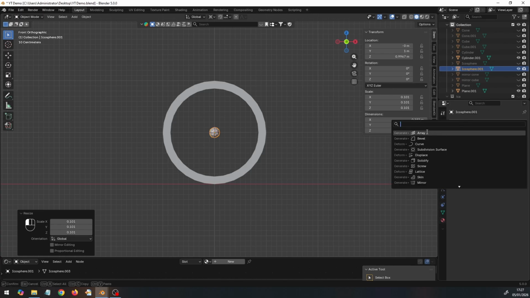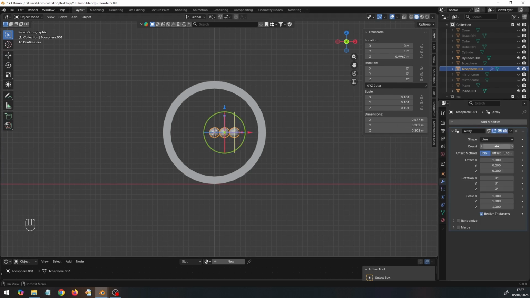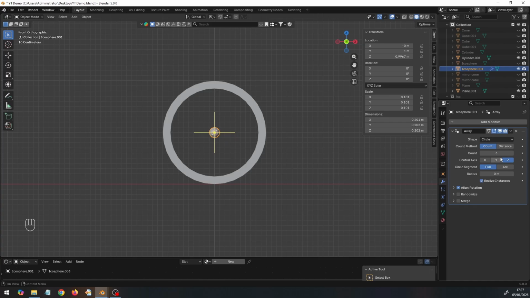So we'll search for an array, and we want to make it on a circle. As we're looking at Y, let's make the center axis Y. We will make 12, good number 12, and then the radius we can fan out nicely, there we go, until they just enter